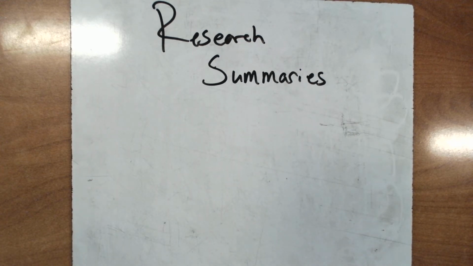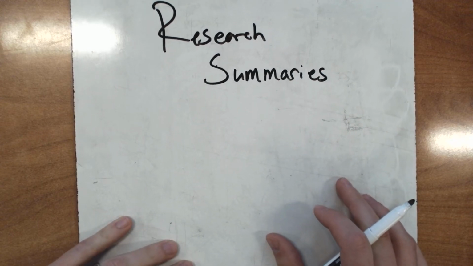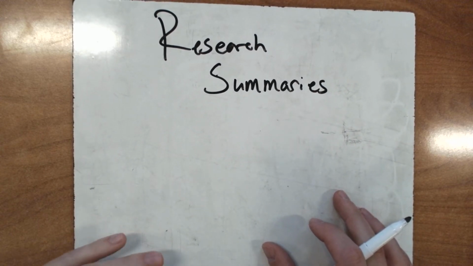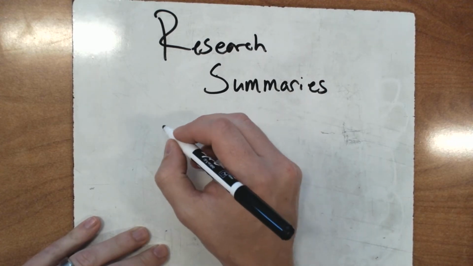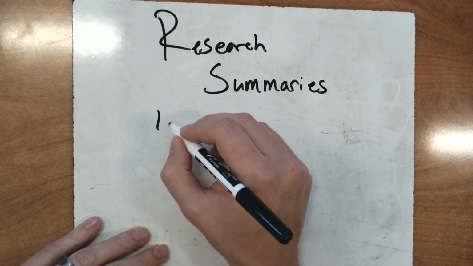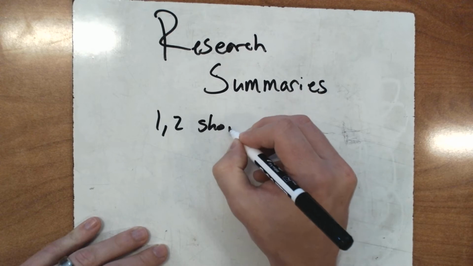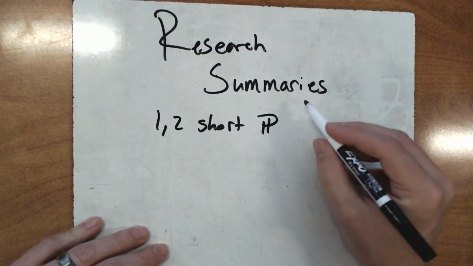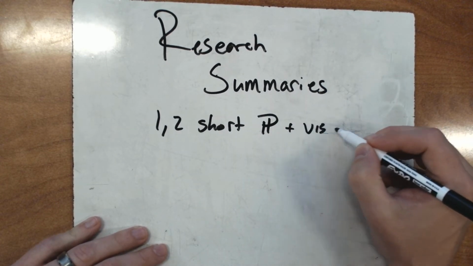This video is going to be focusing on the second type of science question that you might find on the ACT, and that is research summaries. Now, research summaries look very similar to data interpretation questions, which I went over in the previous video. Again, you're going to be looking for one or two short paragraph sections, and then usually there's accompanying visuals, graphs,